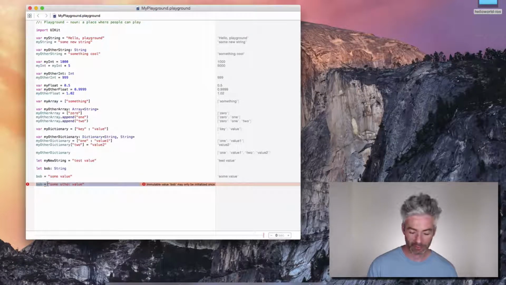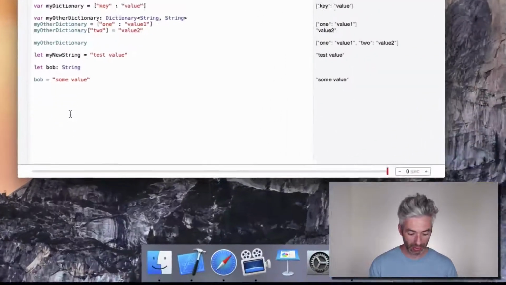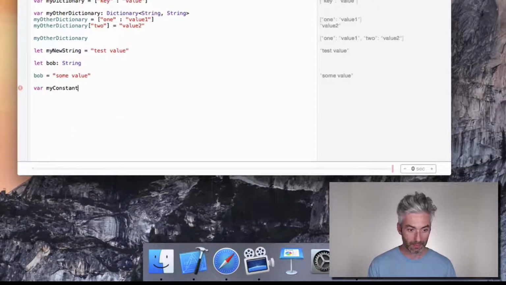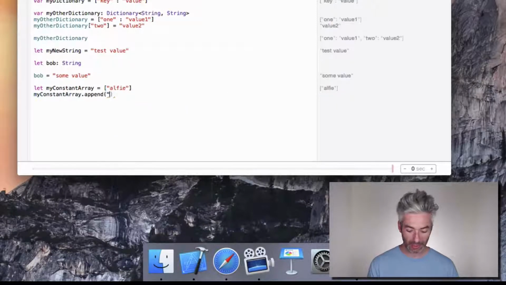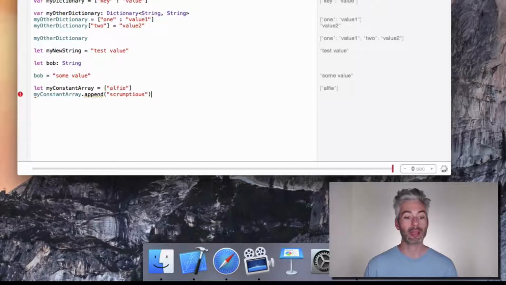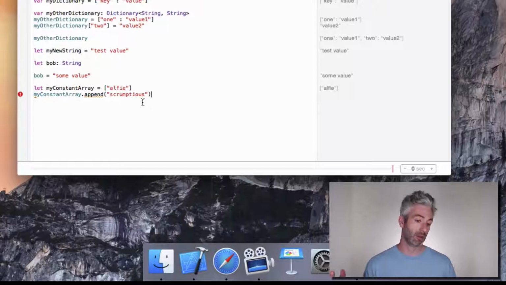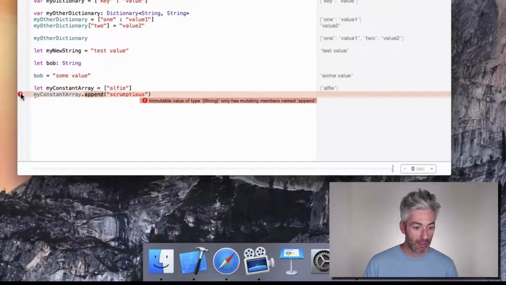This is also the case for arrays. Imagine you created an array. Sorry, we're doing lets here. Let my constant array is equal to, it's just an array that holds one name in it, my name. Let's say we want to append, I'm a crazy cat person. Let's say we want to append my cat's name Scrumptious to this list because I want an array with the names of myself and my cat. We're again going to get a warning here. Not even a warning, it's a straight up error saying immutable value of type array of strings only has mutating members named